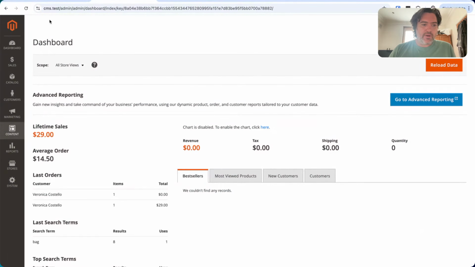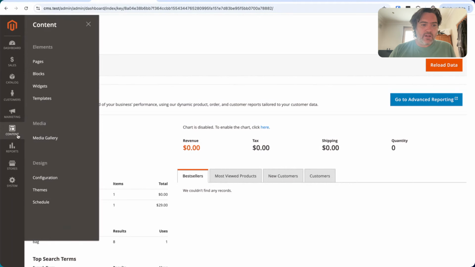Let's show us what CMS currently looks like. Okay, I'll share my screen and I'm going to start off showing you how it works from the merchant's perspective, how easy it is to work with, and then Callan's going to show you how easy it is to customize for the developer. So here we are in Magento as normal.